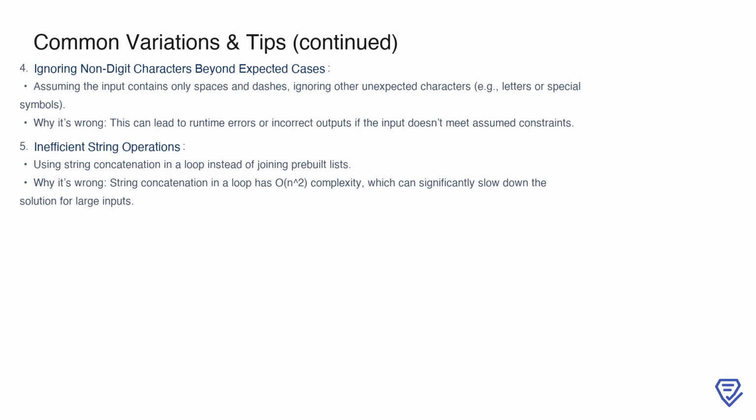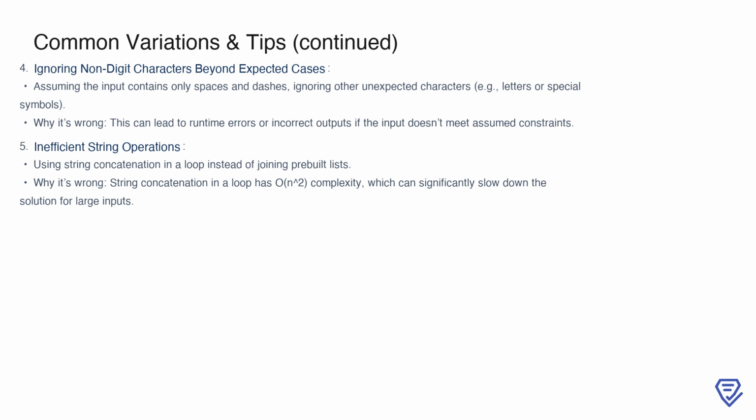Ignoring unexpected non-digit characters beyond the anticipated spaces or dashes is a risky assumption. For example, if the input contains letters or special symbols, failing to handle these properly might lead to runtime errors or incorrect outputs. Another issue arises from inefficient string operations, such as concatenating strings in a loop. This approach has an n² time complexity because each concatenation creates a new string, which can become extremely slow for large inputs. Instead, building a list of parts and joining them at the end is a more efficient method to